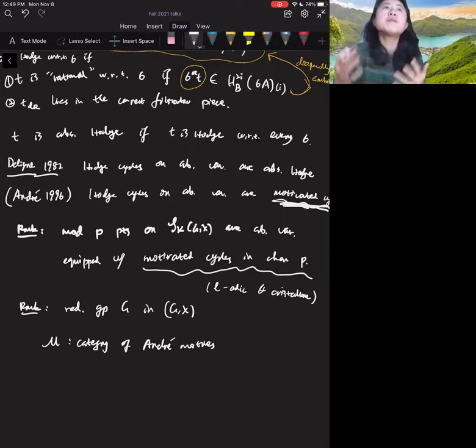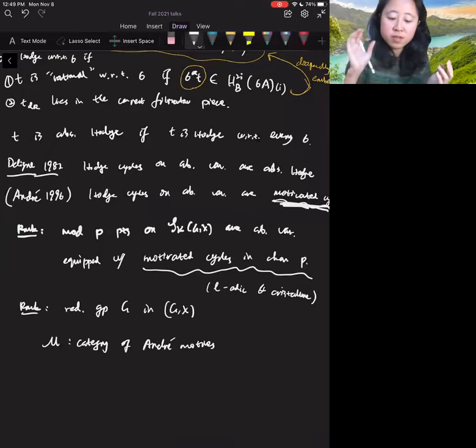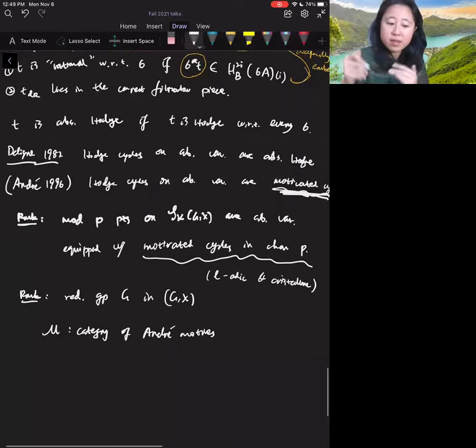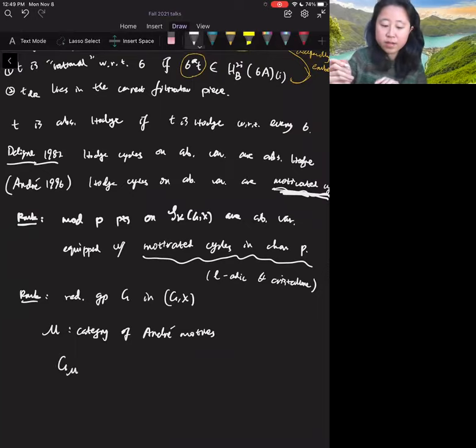If you are familiar with Grothendieck motives, André motives are similar, except the correspondences are given by motivated cycles, whereas for Grothendieck motives the correspondences are given by algebraic cycles. So if you consider the category of André motives modeled on the fibers of the abelian scheme over your Shimura variety, and consider its Tannakian group,